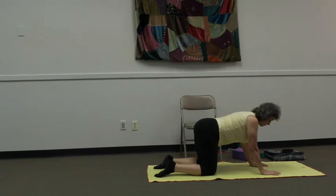And get ready to lift your right arm. And if it's okay, to lift your left leg. If it's too much, just do the arm, come down, then left leg, come down, left arm, come down, right leg. So you decide. Taking a big inhale,